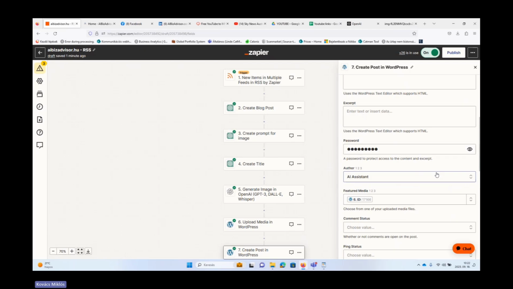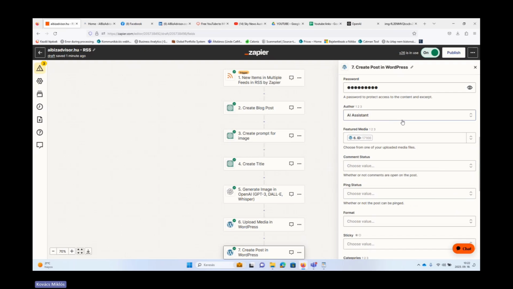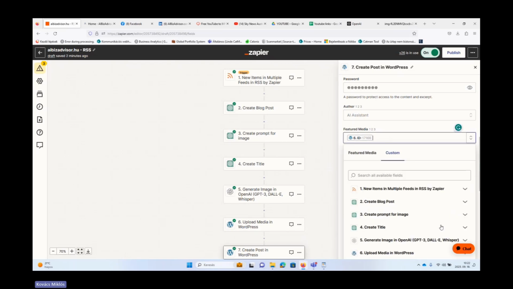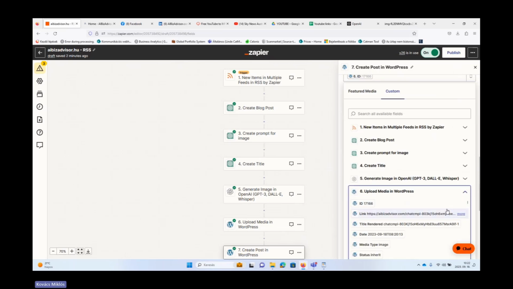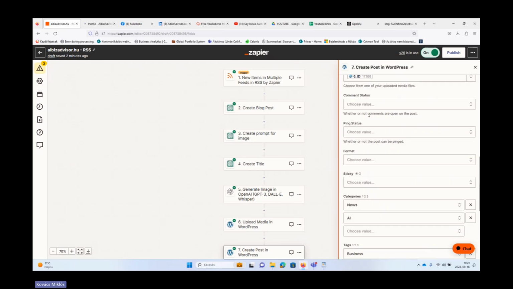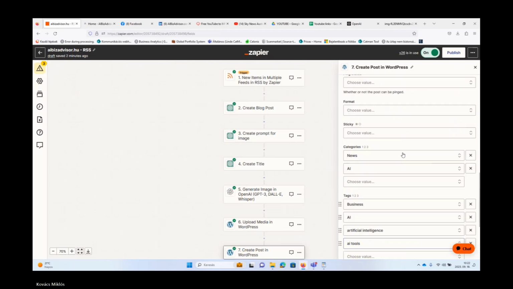And then who is the author, right? You're gonna choose, and then the media. In the last step, we already uploaded the media, and then here we're gonna add that. So it's basically step 4, right? And then the ID. So here is what you need to add, and then the media will be added